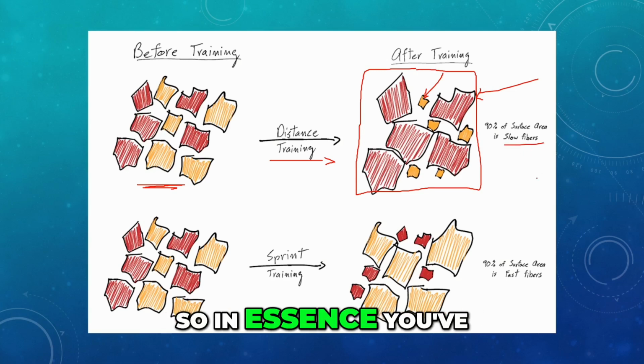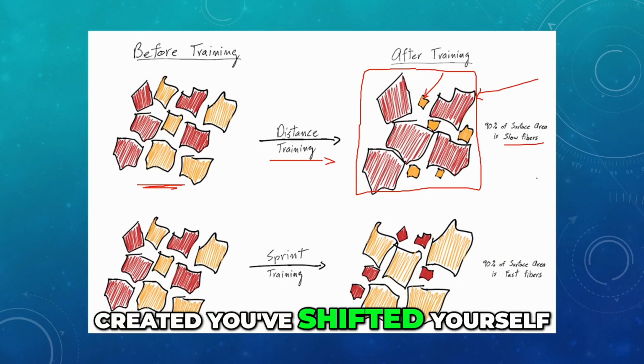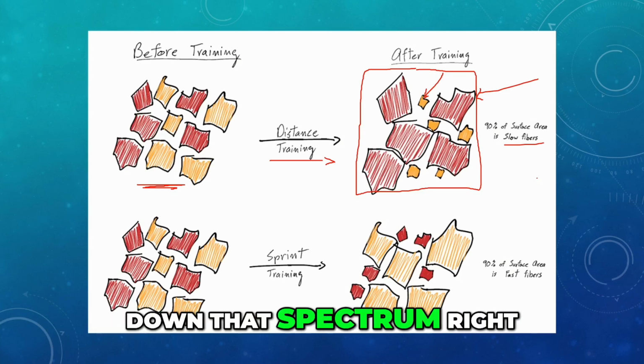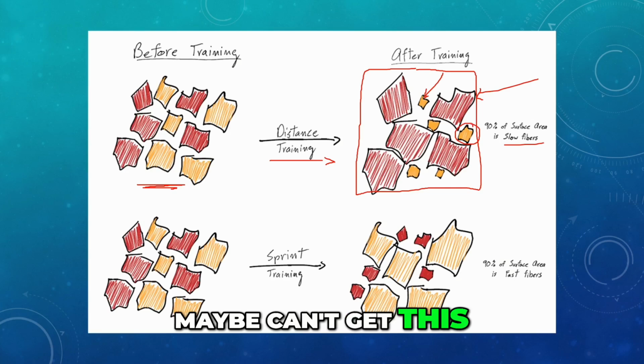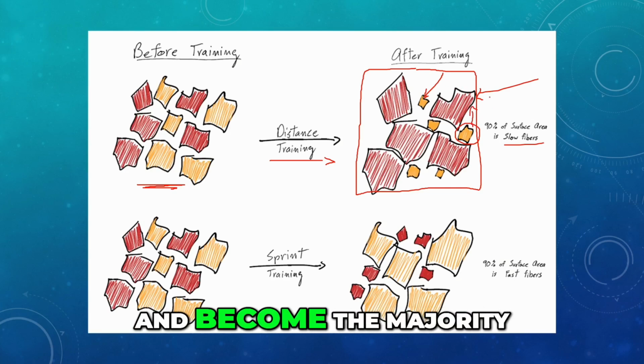So in essence, you've shifted yourself down that spectrum, right? You may not have shifted individual fibers. You maybe can't get this guy to turn into a slow twitch fiber, but you can get the slow twitchers to take over and become the majority of